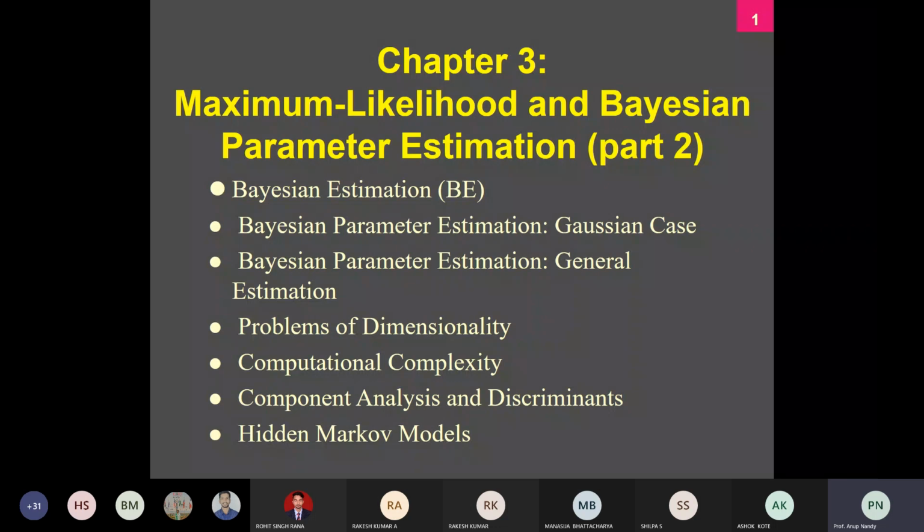As we have already taken the concept of maximum likelihood estimate, now there is a slight distinction between MLE and Bayesian estimation. In MLE, you view the true parameter, the parameter that you are going to seek, as fixed. I mean theta is fixed. Whereas in Bayesian learning, you consider theta to be a random variable. So that is the case.